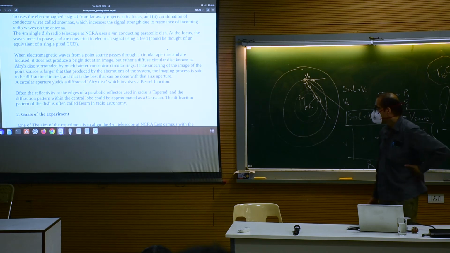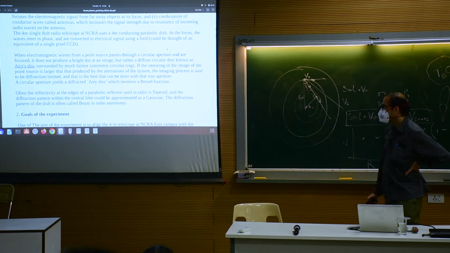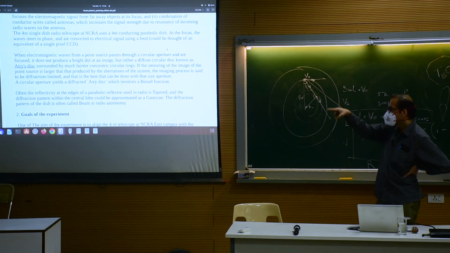That is the whole idea. And so tapering is done at the edges, you reduce the density of the wires. Okay, so the gaps between the wires are larger, so the reflectivity effectively will go down. So that can be shown. The diffraction pattern within the central lobe, which is basically this pattern, then